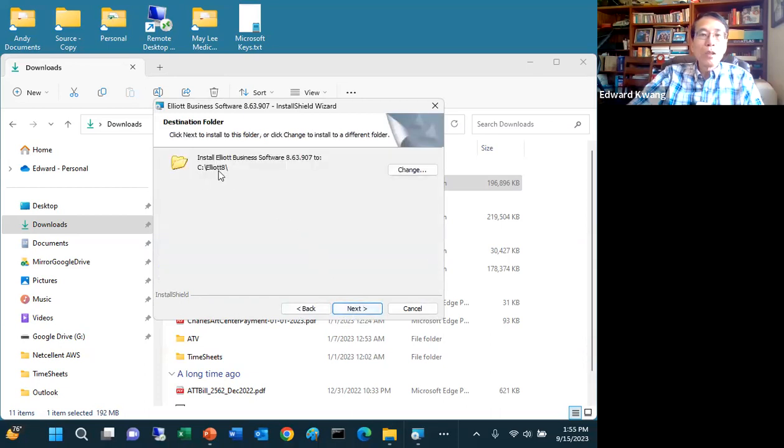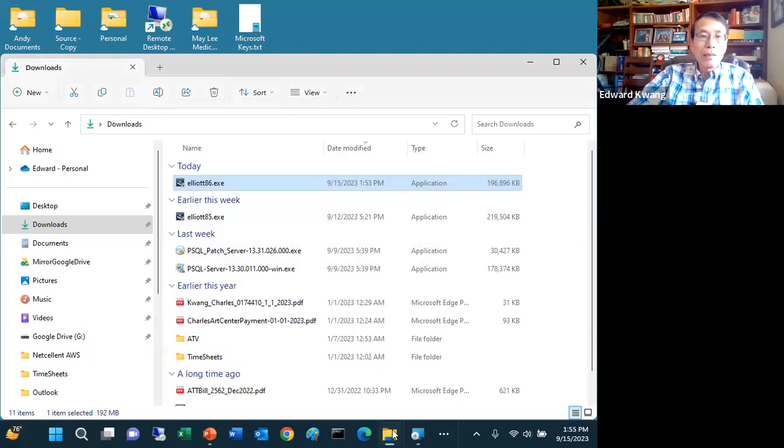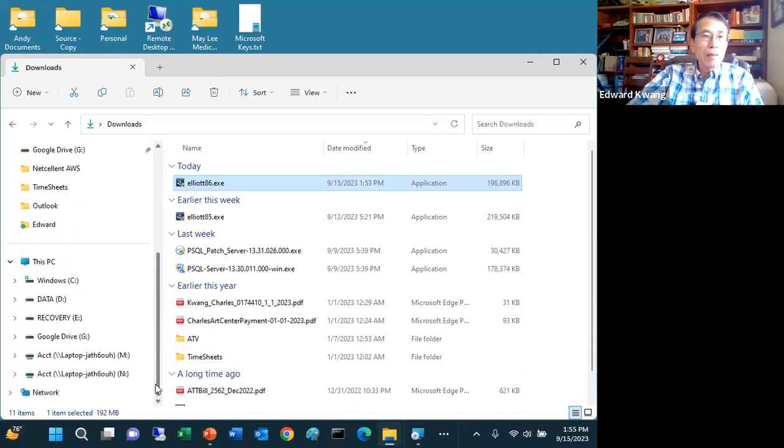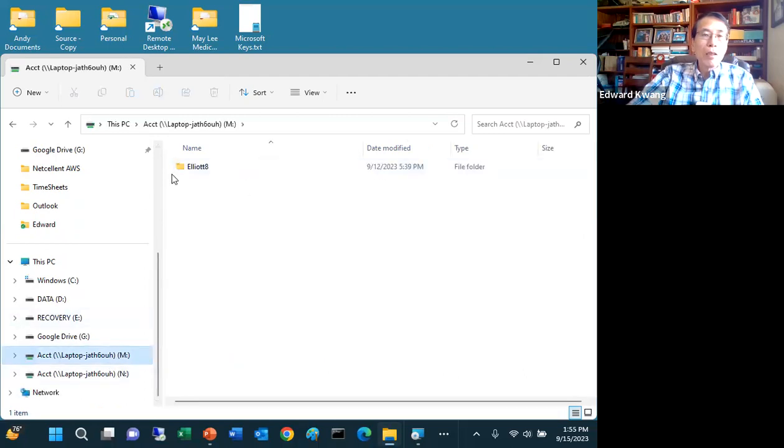Now this folder, chances are, is not correct. Remember, earlier I said that you need to install to the local path of the network share equivalent. I need to install to the M drive because this is where I'm going to run Elia.